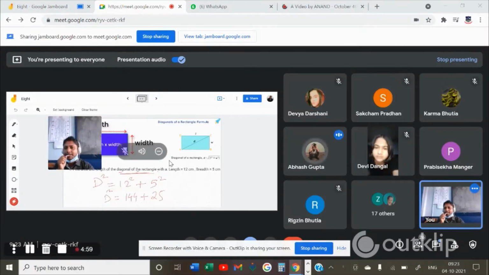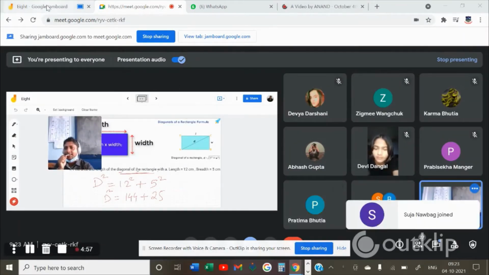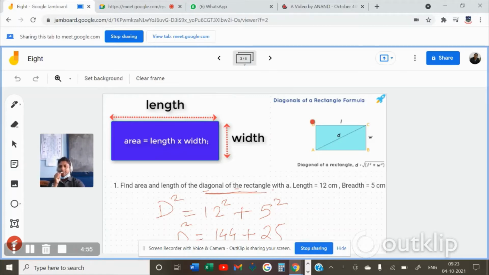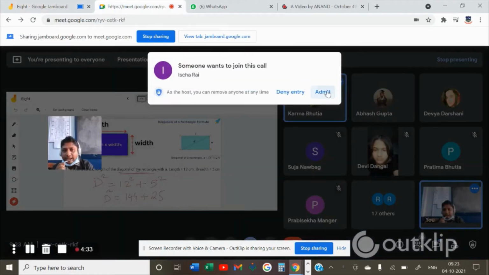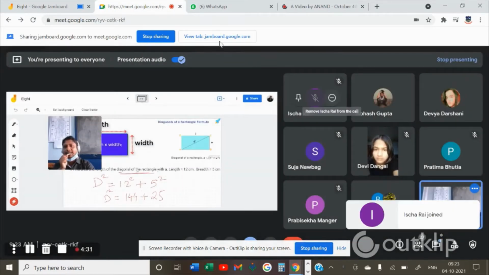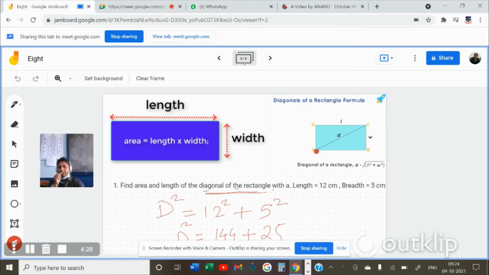Okay, the second part of the recording has just started. Now you see, this is a diagram, this is a rectangle. Can you see this is a light blue, sky blue color rectangle out here? And you see my line pointer. This is my diagonal, sorry, AC. AC is my diagonal. I need to find out the length of AC.